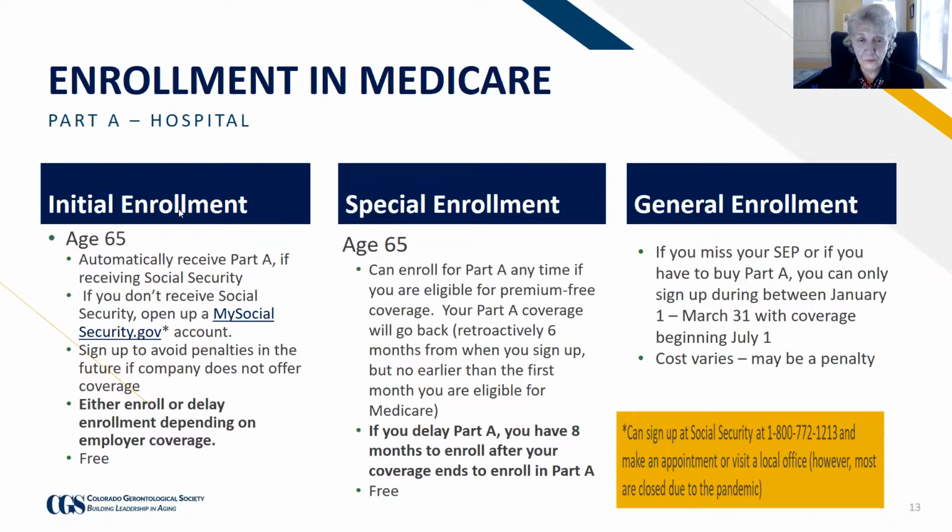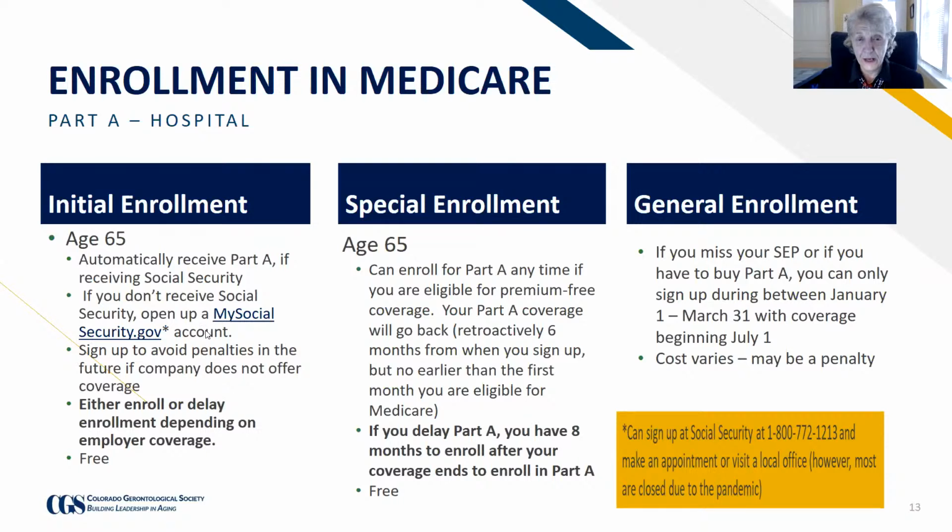The initial enrollment period, the special enrollment period, and the general enrollment period are significant in terms of how you get Medicare benefits. So if you are age 65 and you're in the initial enrollment period and you're already receiving Social Security, then you're automatically going to get Part A. If you don't receive Social Security, then you need to go to